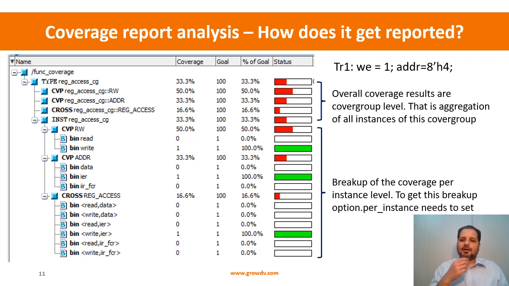We looked at the complete example of functional coverage in the previous slide, and we also went through how the coverage gets evaluated when the transactions arrive. Now let's take one real example wherein we will send a transaction to the covergroup that we already saw, and